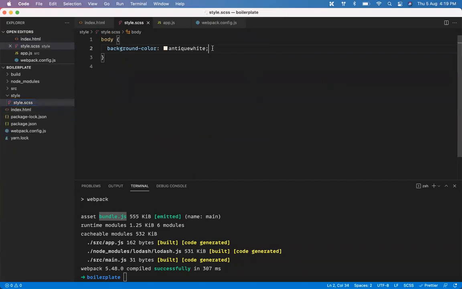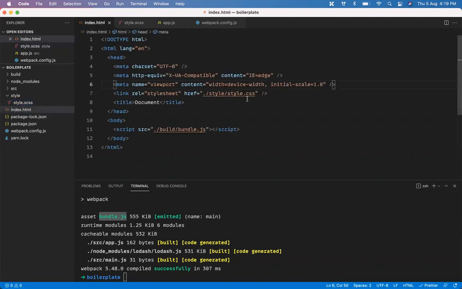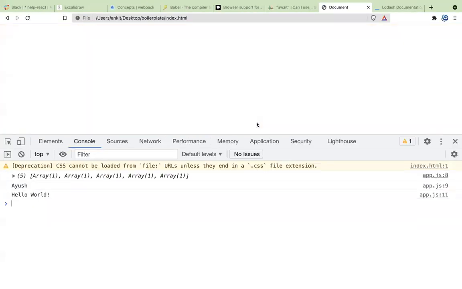Body is working, and the first question is, will this extension work directly like this or not? If we just do it like SCSS, will it work? No, it is not working. So how can I make it work? Can anybody suggest something here? How can I make it work?